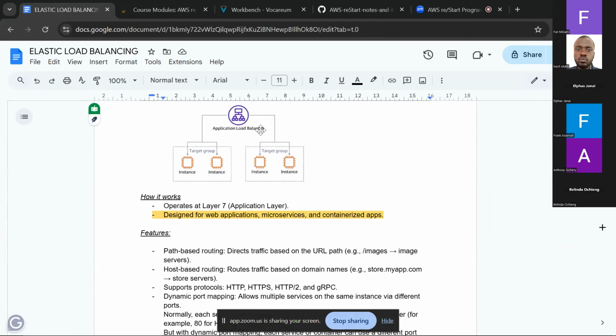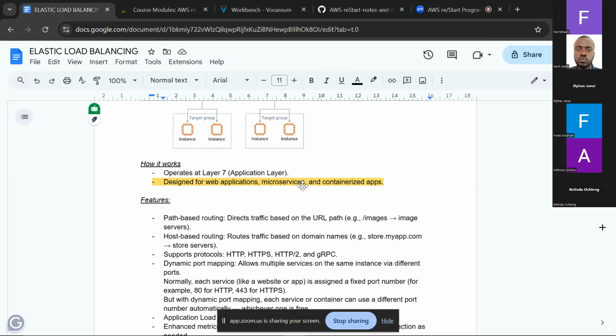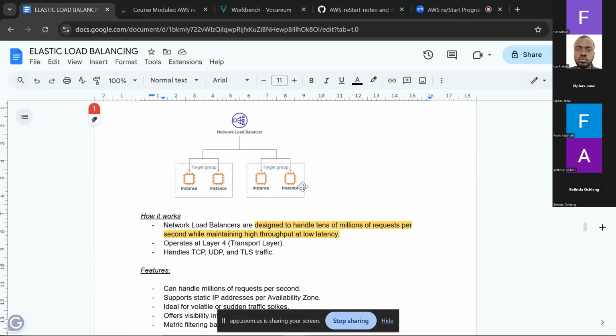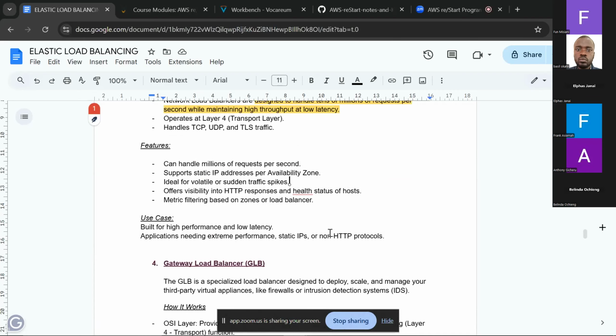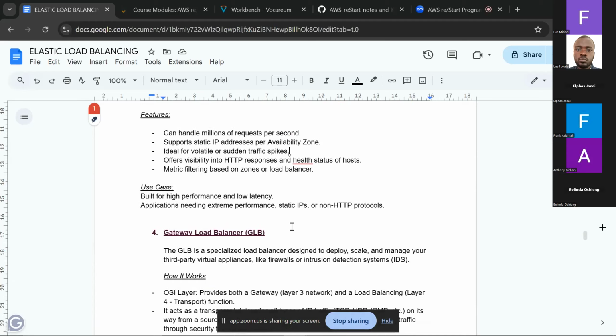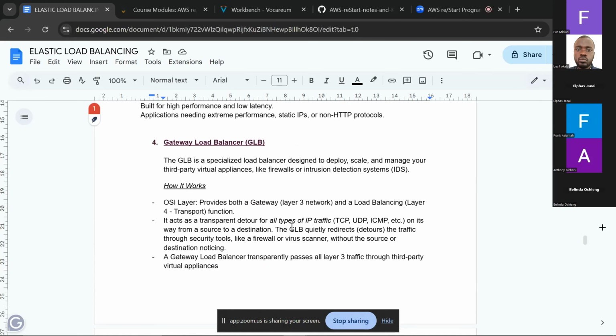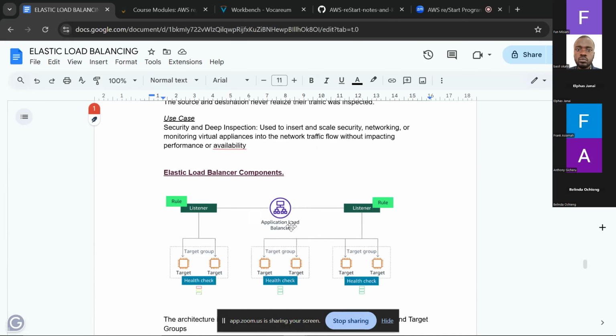And here, the ELB is registered to the targets within the target group. And then network load balancers, this one is for applications needing extreme performance, and they ensure high performance and low latency. And then gateway load balancers, we've said